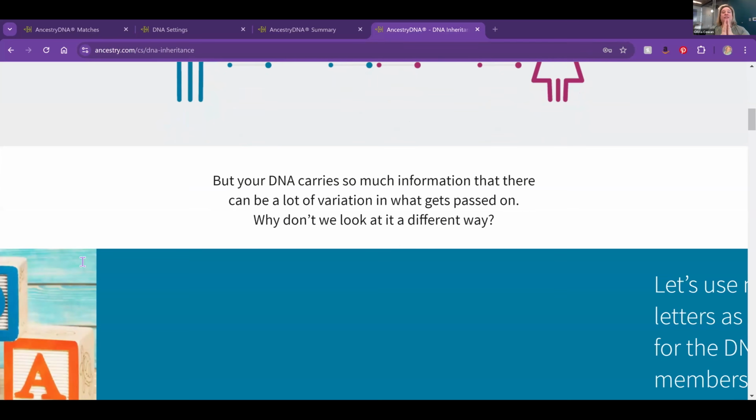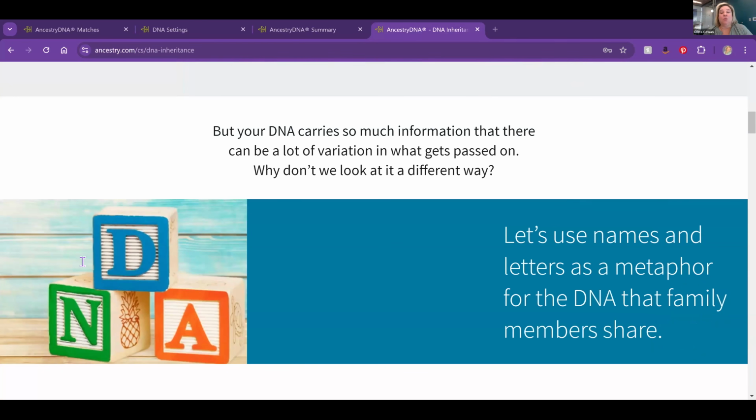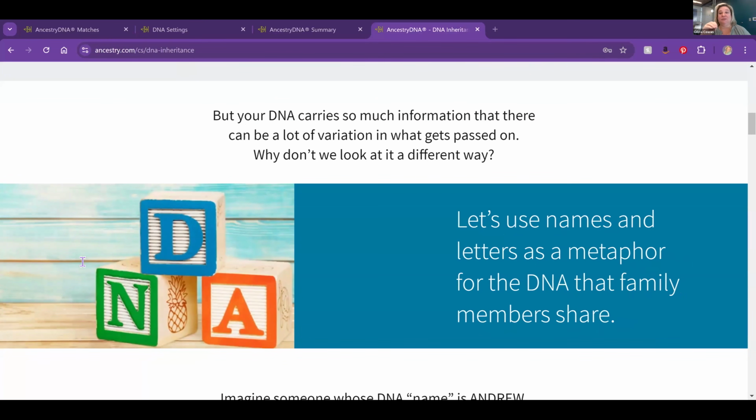So your DNA has a ton of information. As a matter of fact, Ancestry tests around 700,000 places on your DNA. You have 22 pairs of autosomal chromosomes. In those pairs, you got one from mom, one from dad, and Ancestry looks at 700,000 locations on those 22 chromosomes. But we're going to use a really stripped down, simplified example or analogy to help you understand this concept